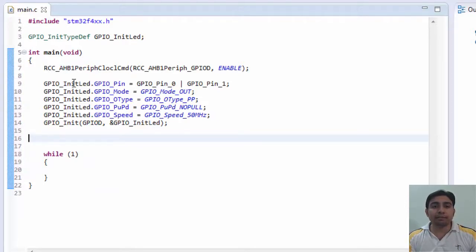Now let's initialize the PA1 pin where the motion sensor out pin is connected.